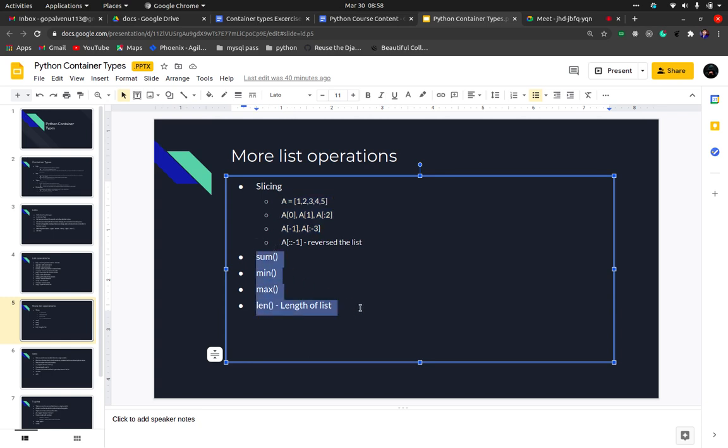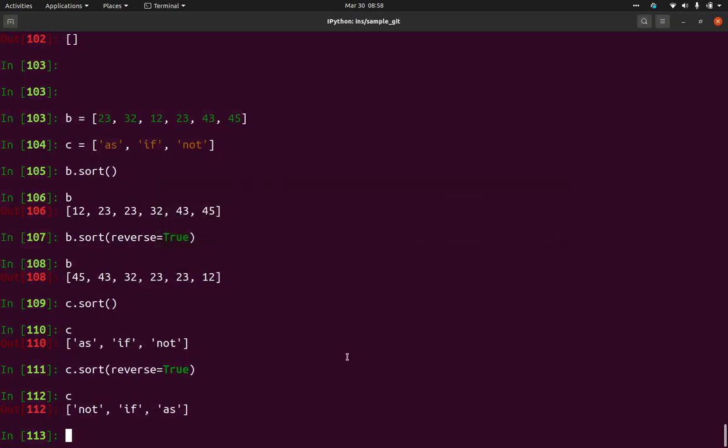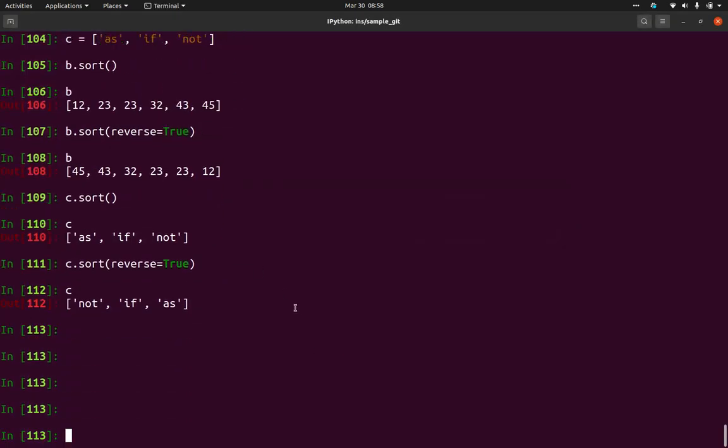There are some functions which we can use, and I'll discuss these after discussing tuples and sets. These are common methods, not just for list, they will work for all the other data structures as well. There is one thing left, let me discuss that as well. We saw the reverse method, right?